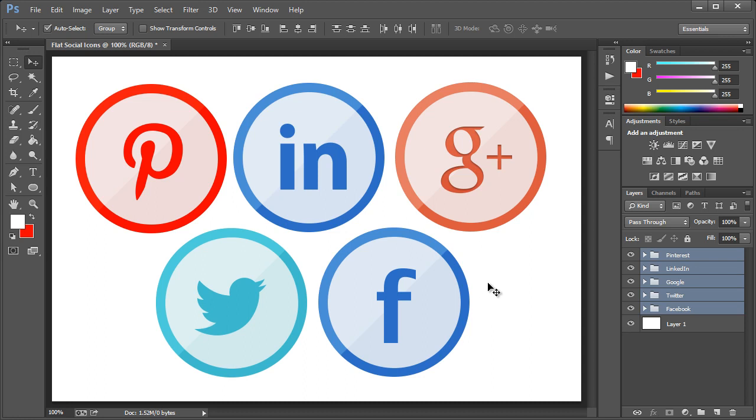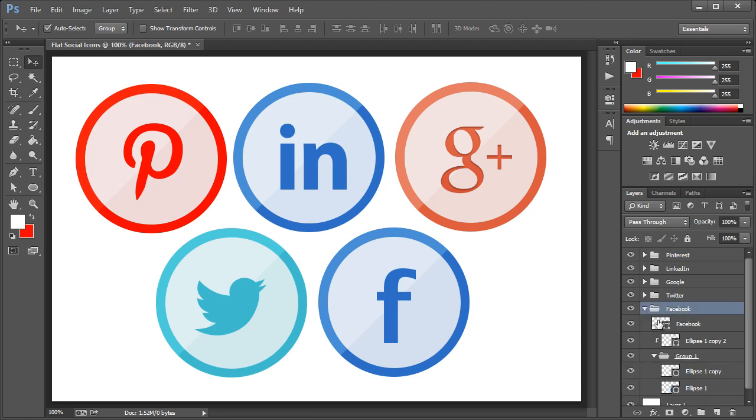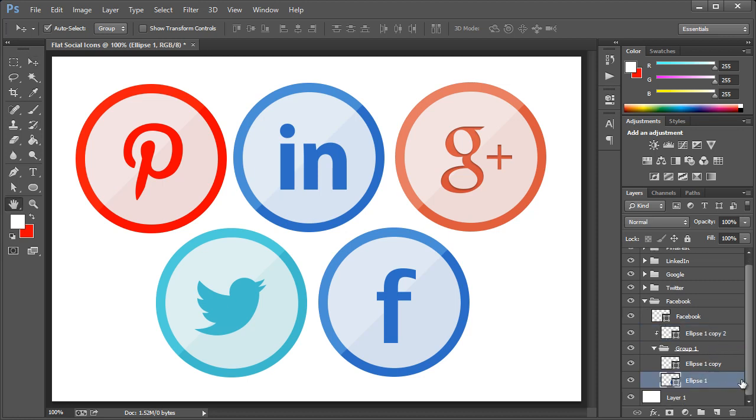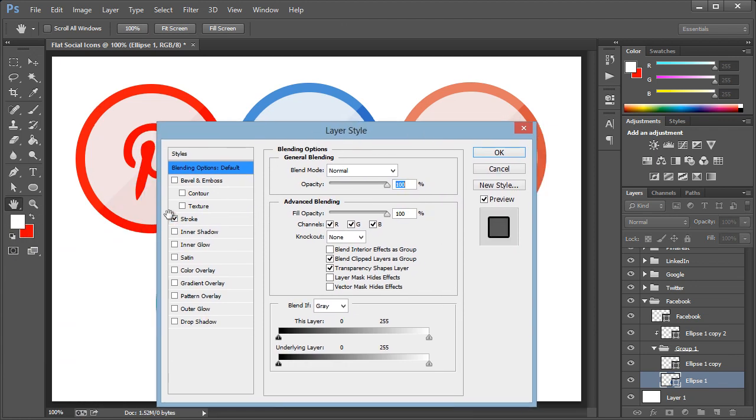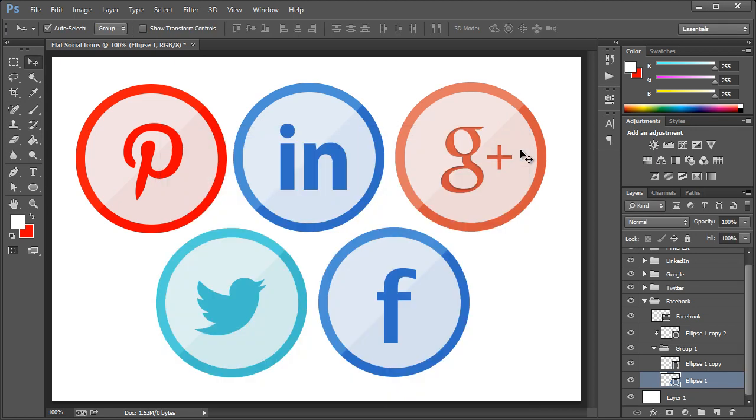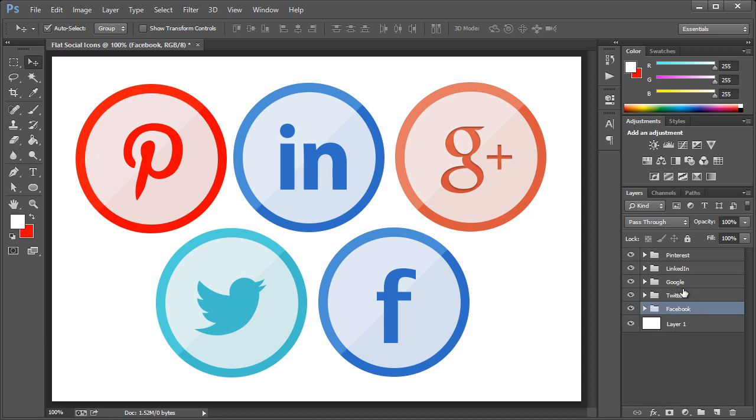As you can see, it was very simple, and the great thing about this is we didn't use any layer effects. What we could have done actually is for this stroke right here, we could have applied that as a stroke on a layer effect. So for instance, right here, we could have very easily brought layer styles and selected stroke and did the stroke that way on a layer. But the problem with that is when you go to scale these up or down, the stroke doesn't scale with it proportionally. So the way we've done it will work perfect when it comes to scaling these and exporting them,